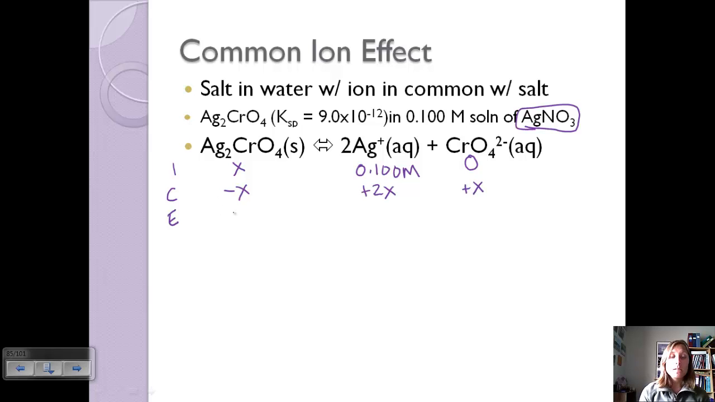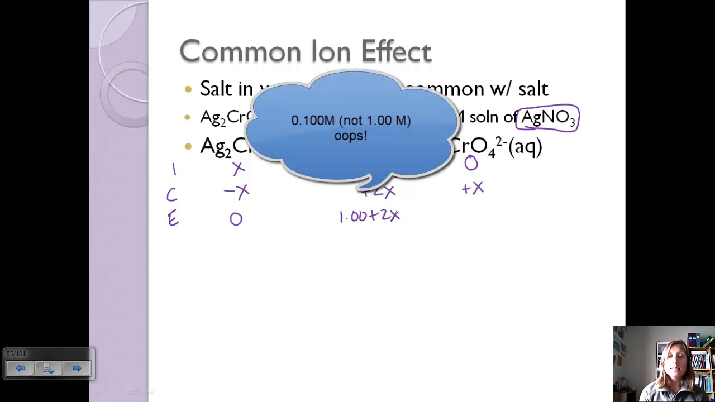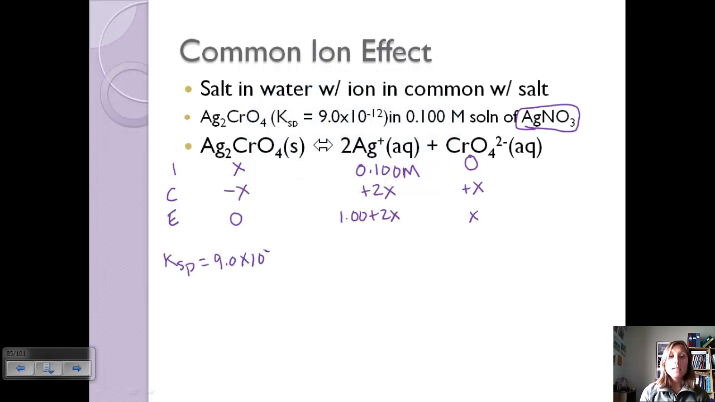And so for equilibrium, we know we're going to have 0.1 plus 2x, and x. Okay, if we write our Ksp, we know that this is equal to 9 times 10 to the negative 12, and that this is equal to [Ag+] squared times the concentration of the chromate. And so if we plug in our equilibrium expressions, we get that that's equal to (0.1 plus 2x)